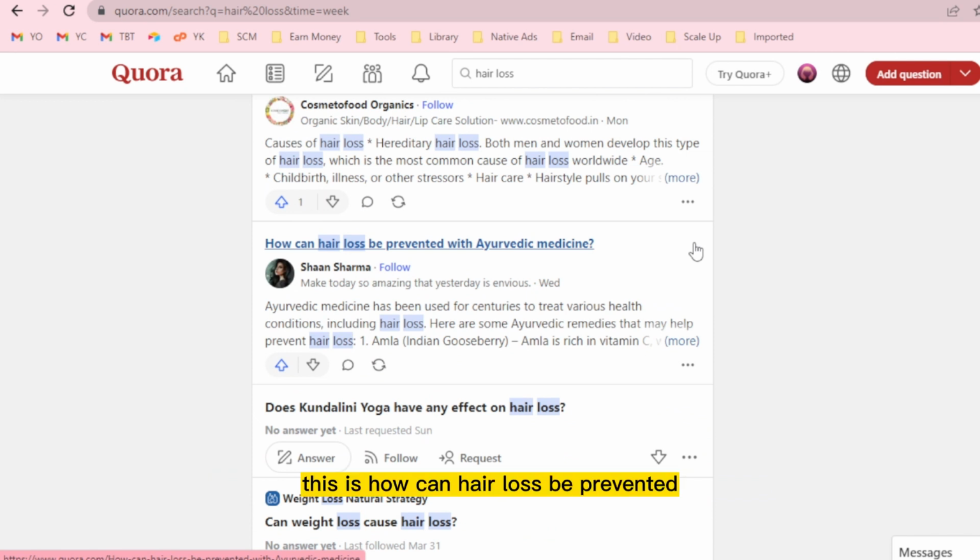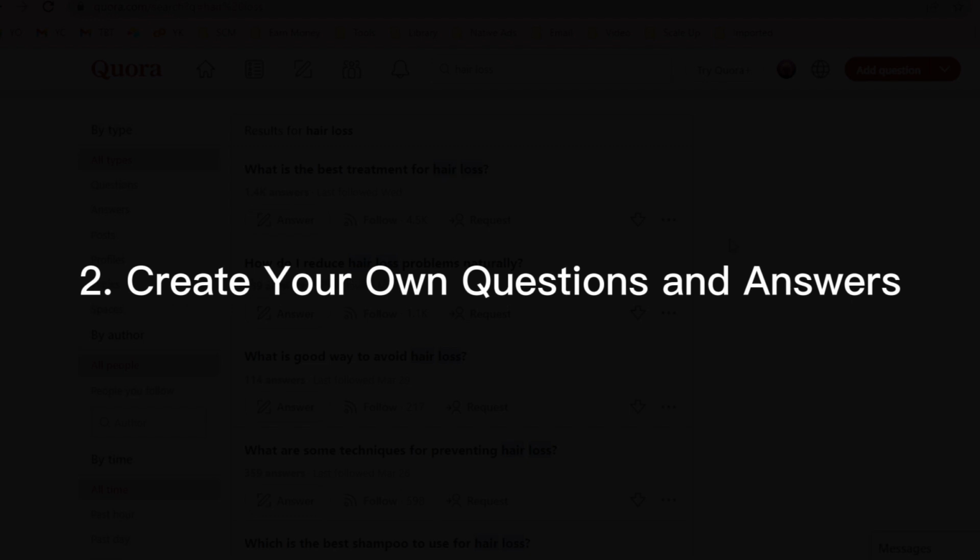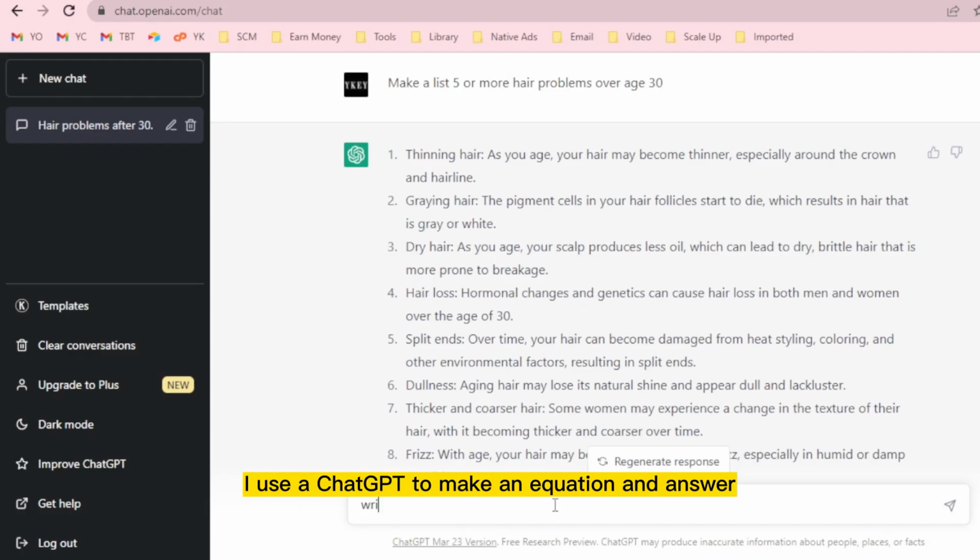This is how can hair loss be prevented. Like this, Ayurvedic medicine. If you didn't know, you can search on Google. Now I use ChatGPT to make a question and answer. Why? Because I want to make a question, and after that you make an answer to your question.